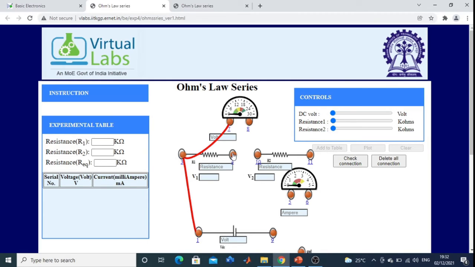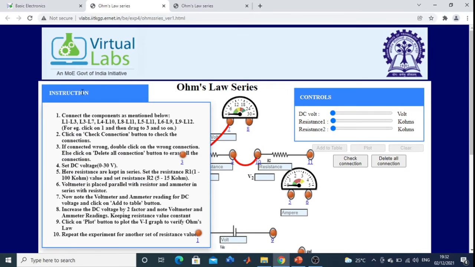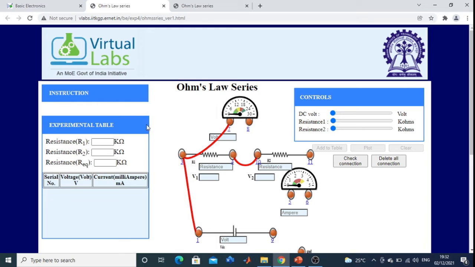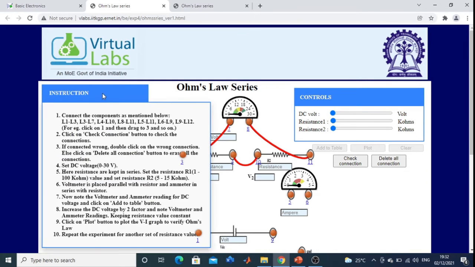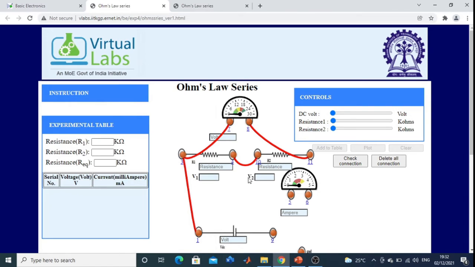L4 to L10. L8 to L11. Voltmeter connected parallel. Then L5 to L11.